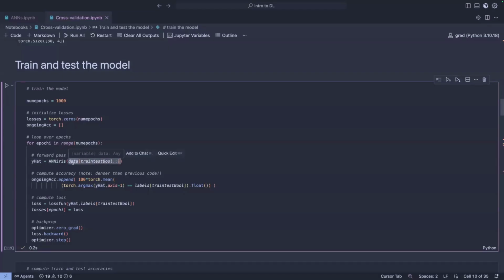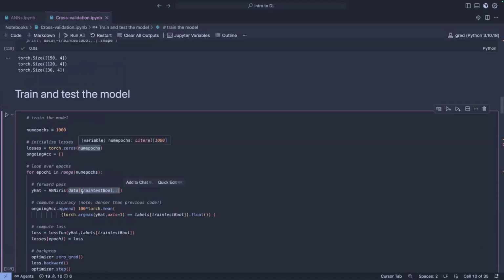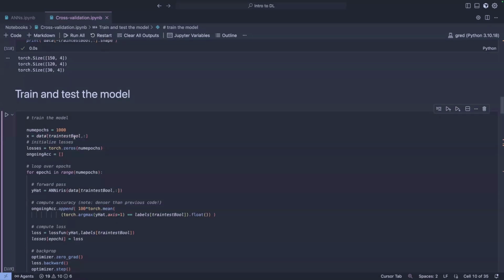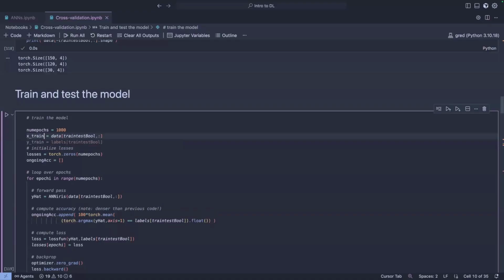Last time we passed the data because we weren't really doing training or test data. We can also save this into a variable. So we can come here and say x equals data, and we just use the mask to extract the x data, or call this x train. And then we can also define a y train, which would be the labels filtered using the same mask.